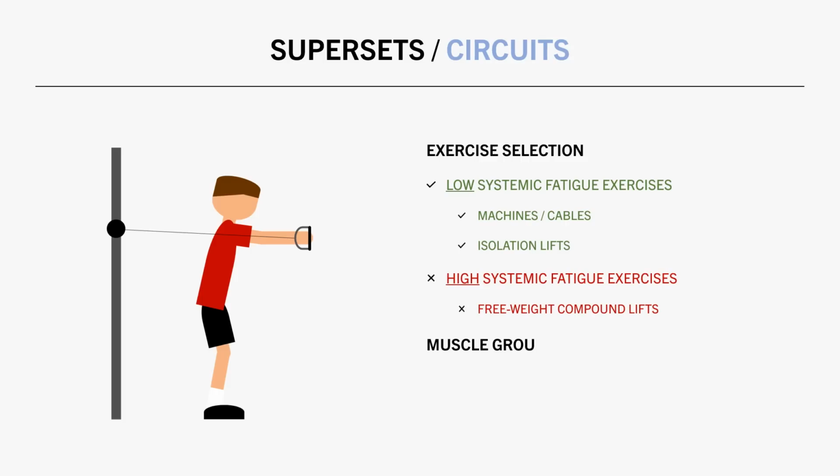And second is for which muscle groups are trained. Ideally, you want to alternate between exercises which train different muscle groups, such as a pressing and pulling movement, as opposed to exercises which train the same muscles, such as a bench press and a chest fly. When implemented in such a way, it seems that we can achieve similar muscle growth compared with traditional training within